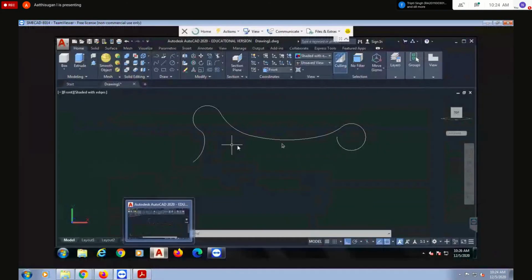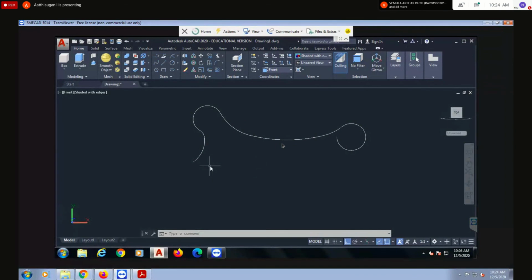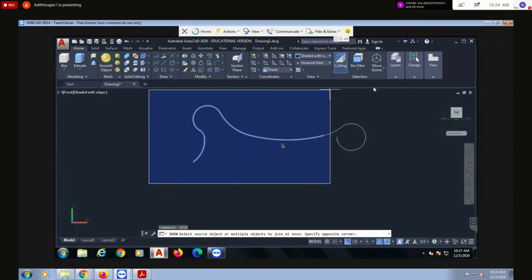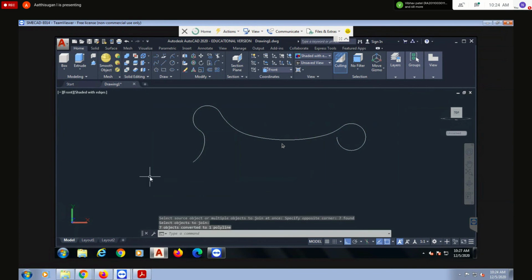Okay, perfect. Okay, like this. Very done. So that's why I told you first we have to understand the concept, how to start and where to end. Now if you want to join together, use join, select the single object, enter. So now it will be in 2D.